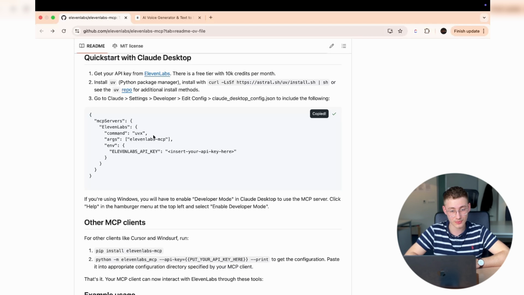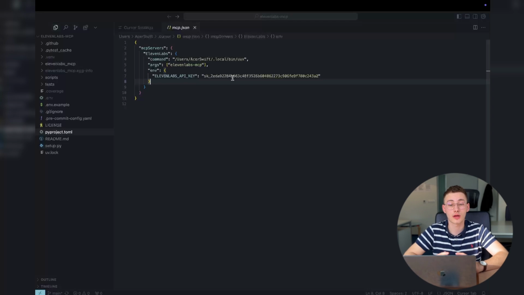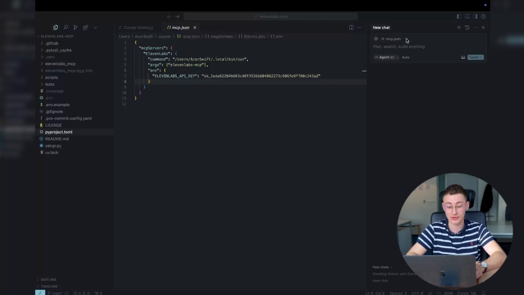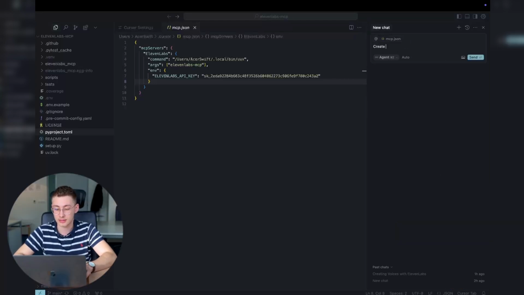So you just copy this JSON right here, insert your API key, make sure your command is correct. Once you've imported your API key and you have your command ready as well, we just press Command L if you're on a Mac, and we'll start prompting the actual agent so we can get our pizza delivered to our place. Create a voice agent that